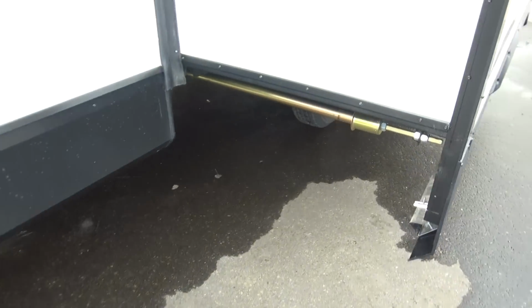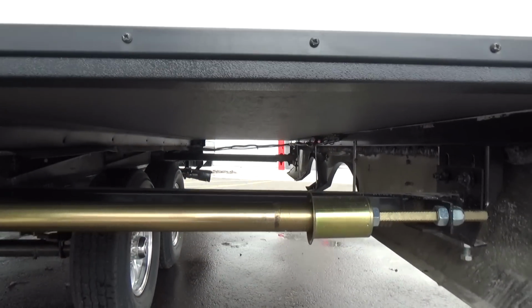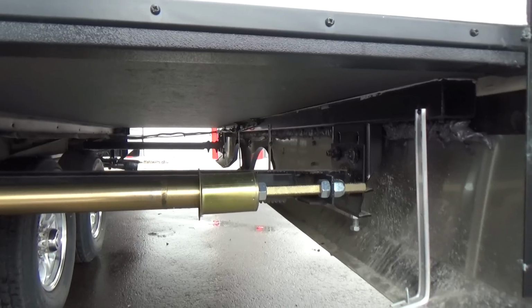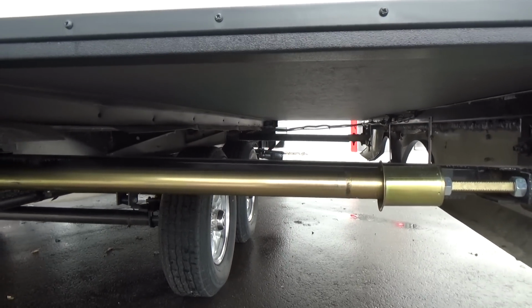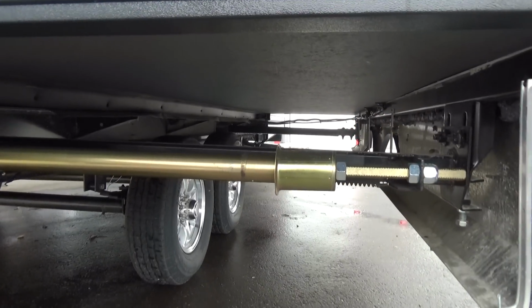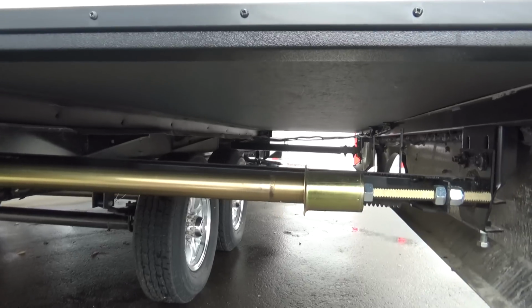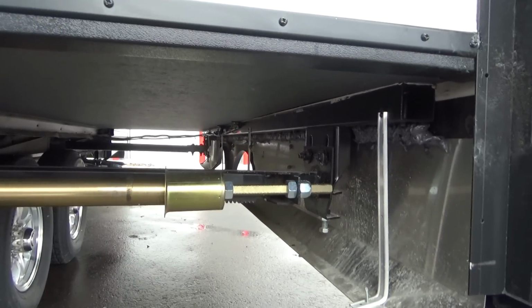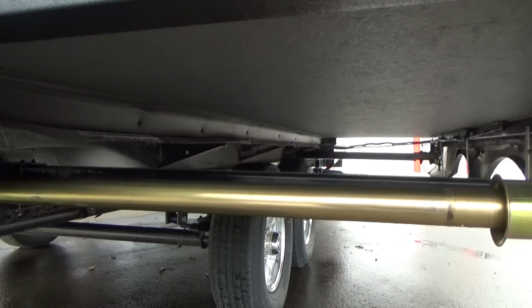On this particular 2600, folks, they do use a rack and pinion slide system, which is a little heavier, but it's the tried, true, proven slide system for the larger slides, which is nice. If you ever have a motor failure or what have you, you can actually put a crank handle on a drive nut that is on the other side of the trailer, and just easily manually crank in your slide outs. Grand Design doesn't use any Dacron woven fabric on the bottoms of their slide outs